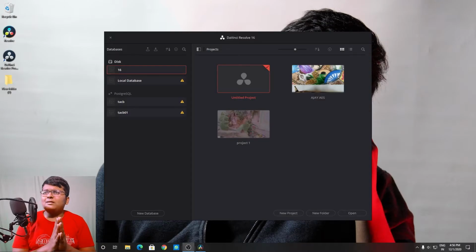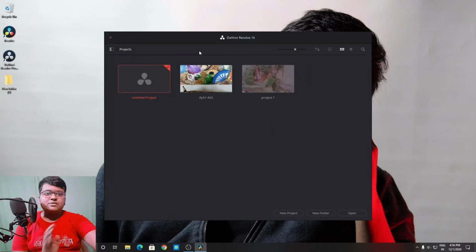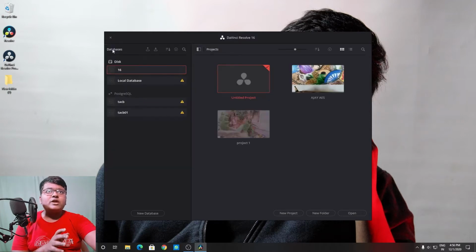So after opening DaVinci Resolve 16, you may see local database as your thing. But what are databases? Actually, it will be hidden like this. So this will be the main menu when you start up, and then after going here, you can see the databases. What does databases mean? It is the collection of various projects you have done, various clips and all. So it's just like a project overview which has folders of projects or else the projects.